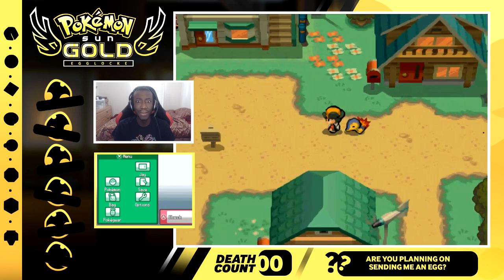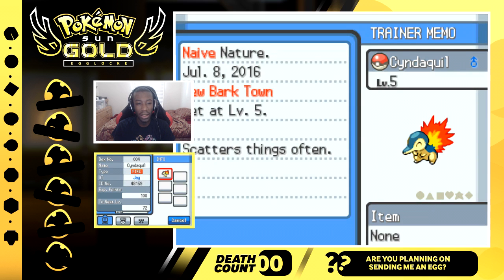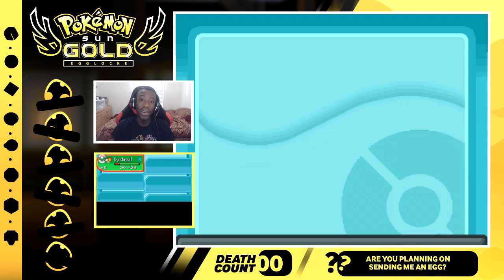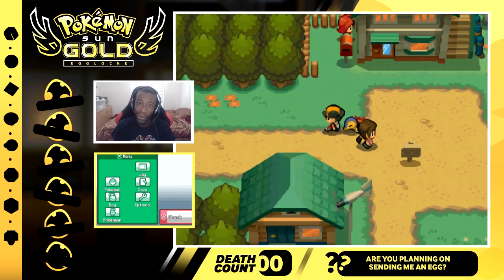OMG, that's absolutely amazing. Let's check out this Cyndaquil though. Why not? Let's just check out and see this Cyndaquil. Oh, it's naive nature. Oh, that boosts speed and has Flash Fire? Yo, I kind of don't want to give up this Cyndaquil, to be completely honest with you guys. I really don't. But anyways,